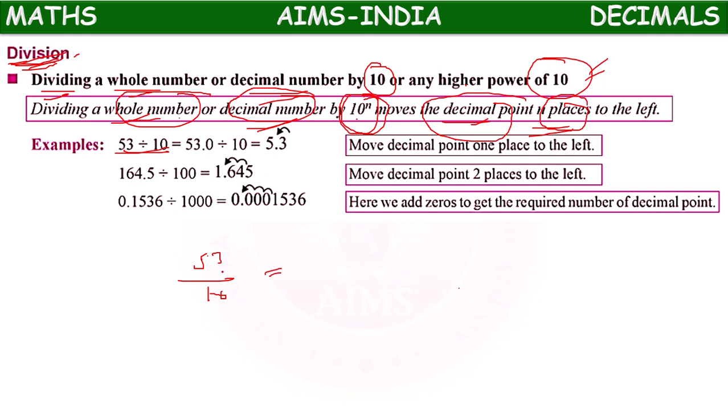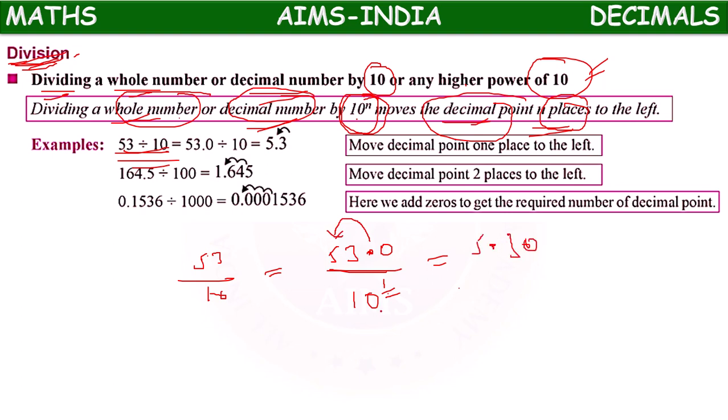But in the numerator, there is no decimal. So we can write it as 53.0, because 53.0 is nothing but 53. So according to our calculations, we can write like this, 53.0 by 10. Because we have 10 power 1 here. So in the power we have 1 here. So decimal point will move 1 place towards left and it will become